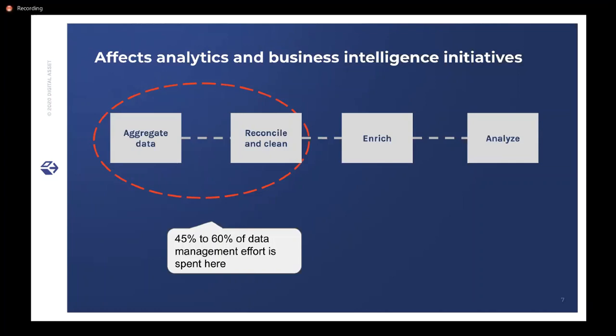Then you enrich the data with data from other sources that might be required, like metadata, or a customer process might require data from the CRM to be imported and made part of the big overall data landscape. Finally, you get to your analysis, which is running operational reporting, running business intelligence, and running artificial intelligence initiatives as well, or predictive analytics. The fact is that 45 to 60% of your effort is spent on the first two phases, and that's what we'll address using smart contracts today.